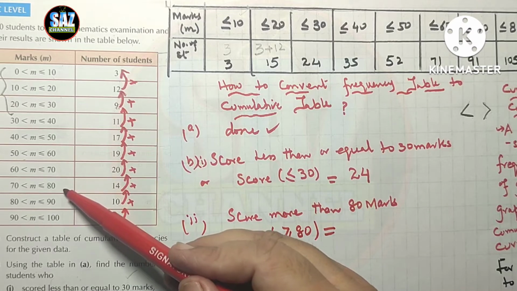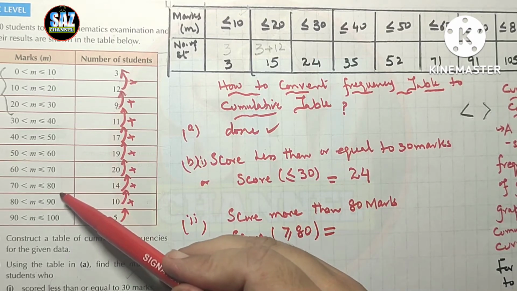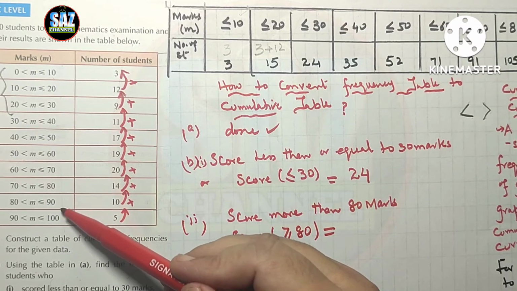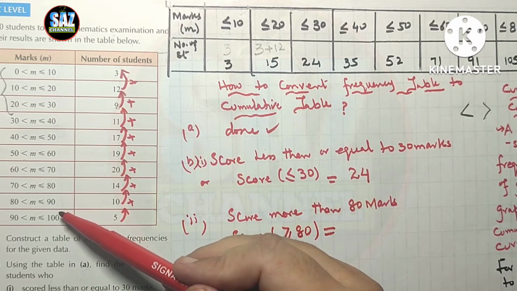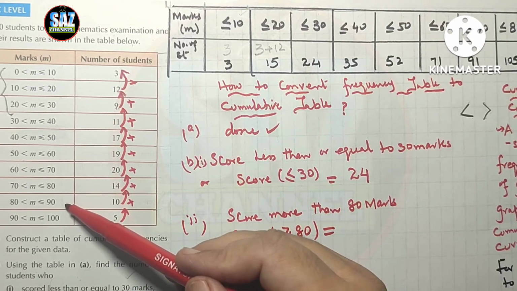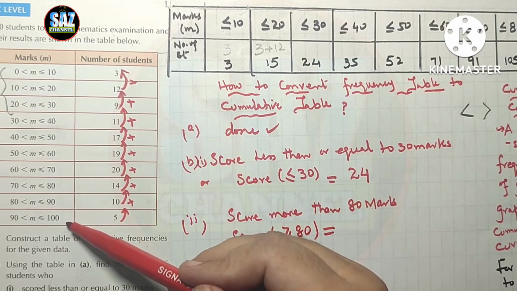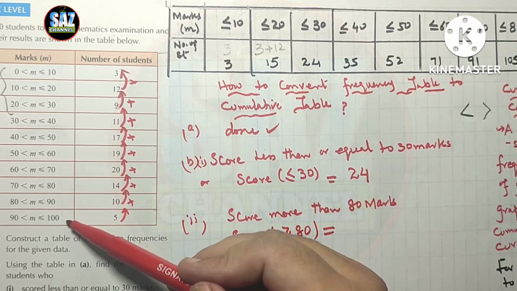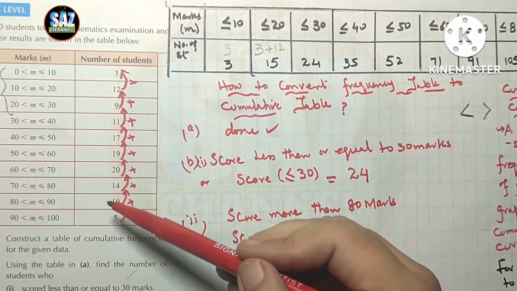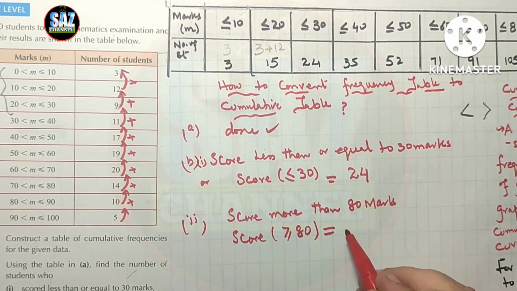If we are reaching at this class, here the score is less than equal to 80, but if we look at the last two classes, here the score is more than 80, and in this class we have to score at least 100 marks, so either I can go for the addition of 10 plus 5, 15,